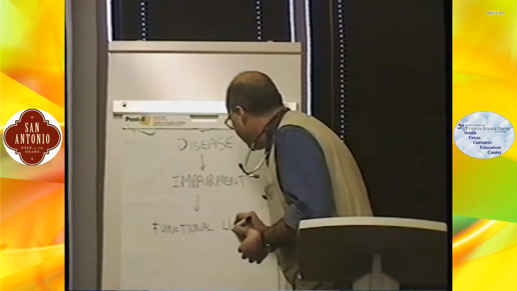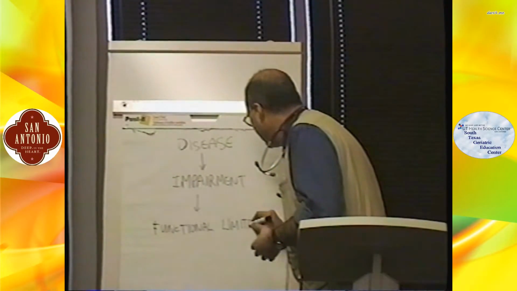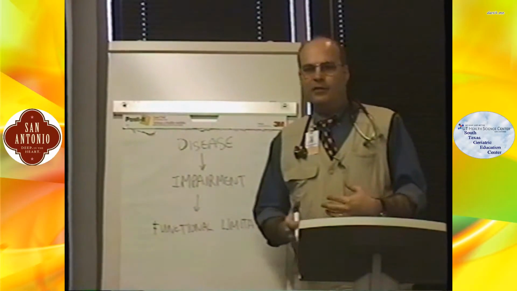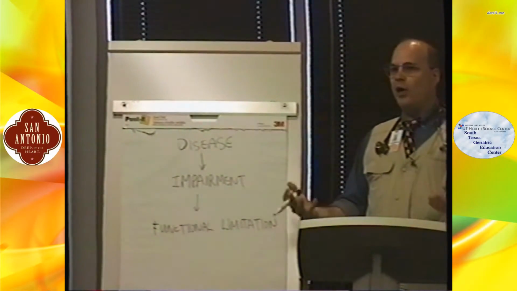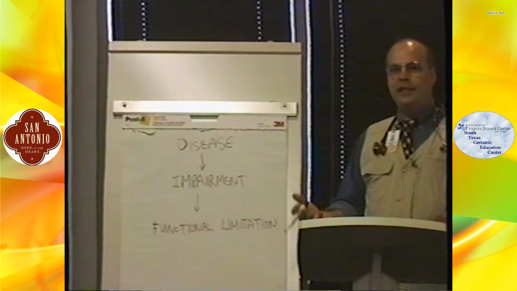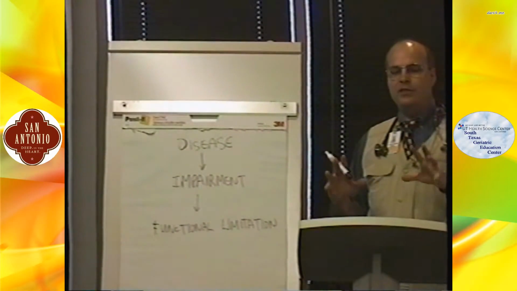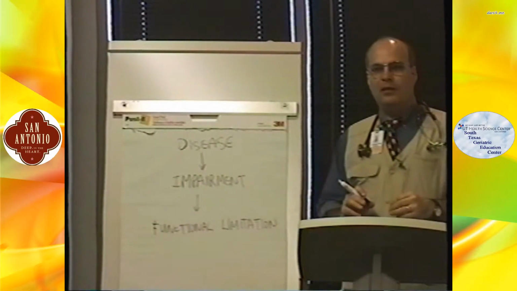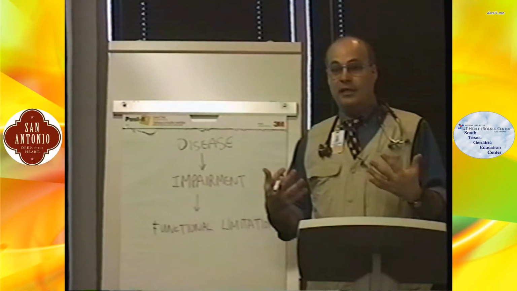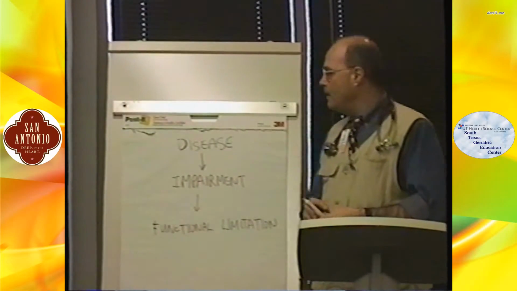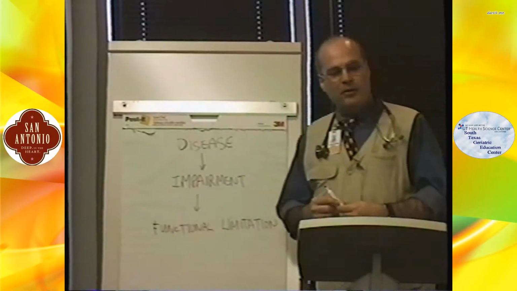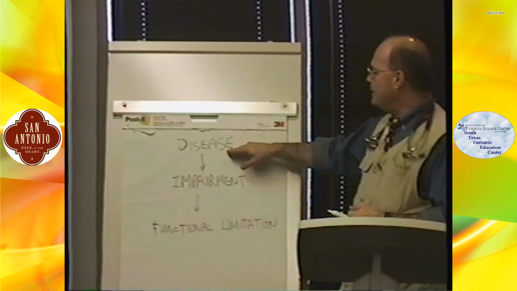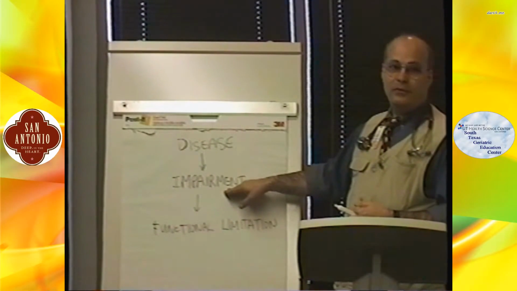Now, functional limitations are generic activities. So, for example, like your ability to walk or your ability to get up and down from a chair. These generic tasks that we use in every single thing that we do in our lives on a day-by-day basis. Okay? So again, thinking about our hypertension example, the disease leads to some thickened heart muscle,